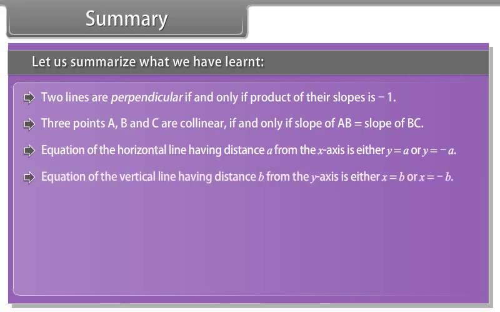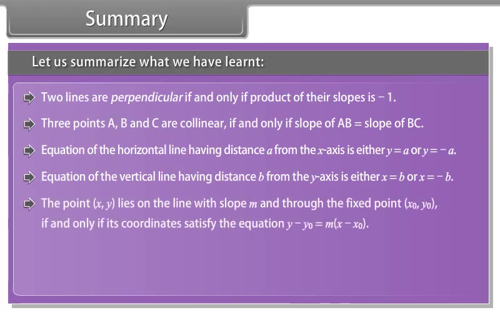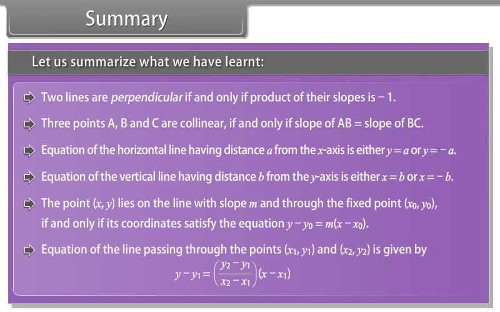Equation of the vertical line having distance b from the y-axis is either x is equal to b or x is equal to minus b. The point (x, y) lies on the line with slope m and through the fixed point (x0, y0) if and only if its coordinates satisfy the equation y minus y0 is equal to m into (x minus x0). Equation of the line passing through the points (x1, y1) and (x2, y2) is given by